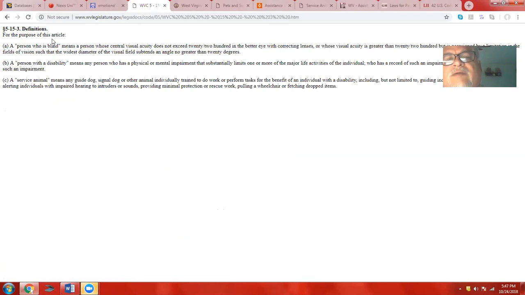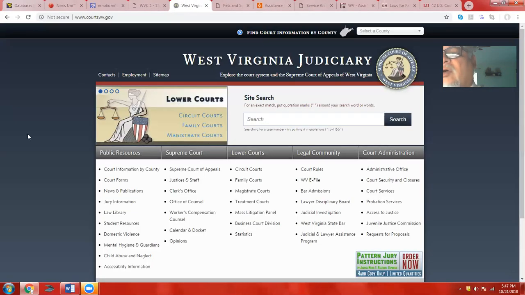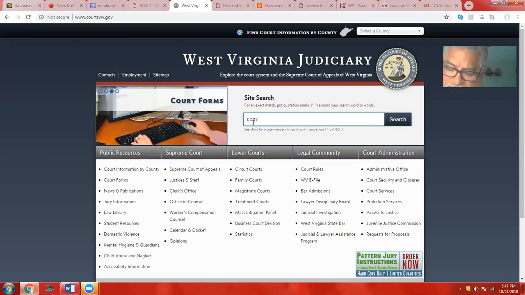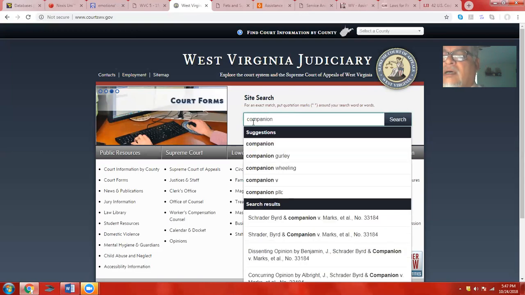And in here, 515.3 tells you a service animal means any guide dog, signal dog or animal individually trained to do work or perform tasks for the benefit of an individual with disability, including but not limited to guiding, etc., etc. So you see how that page was able to give us information right there on the code all by itself. And then if we go to the West Virginia Supreme Court page and we look for,